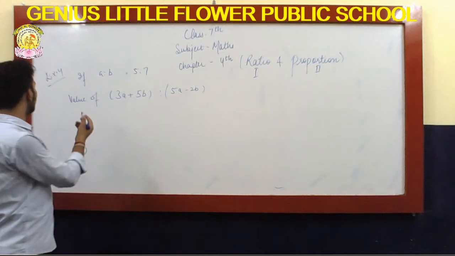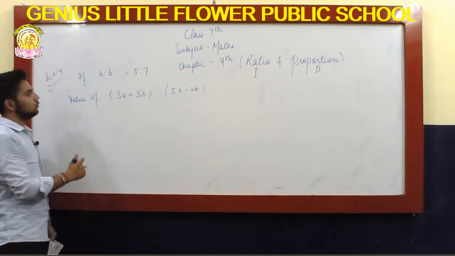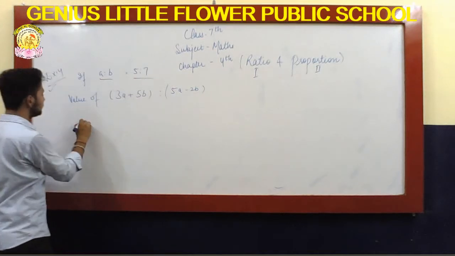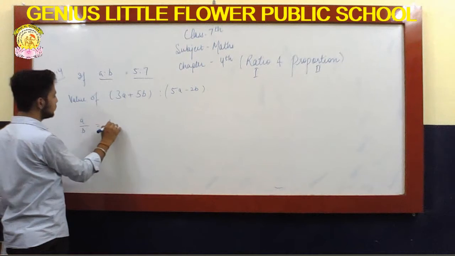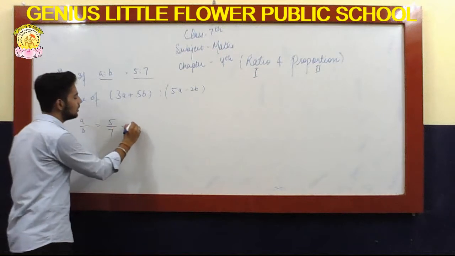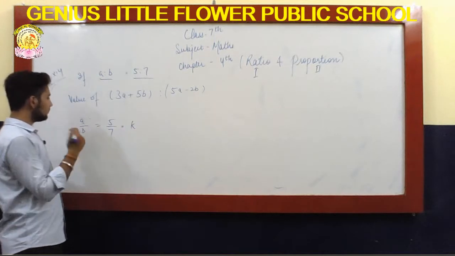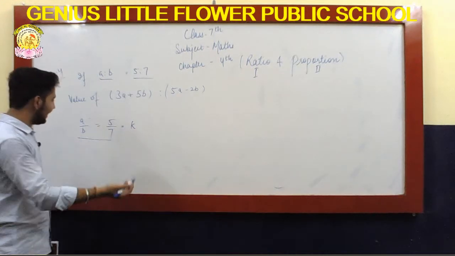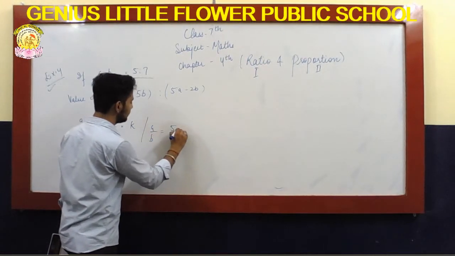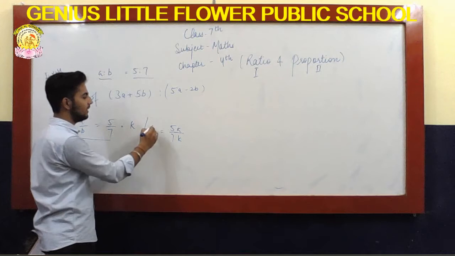Now we have a new example, which is example 4. It is quite a complicated example. Here it is given that A ratio B is equal to 5 ratio 7, that is, A by B is equal to 5 by 7. Now what you have to do is let this be a constant, for example, x or k. So you can even let A by B be equal to 5k by 7k. As you know, k will be cancelled and you will get the exact same ratio 5 by 7.